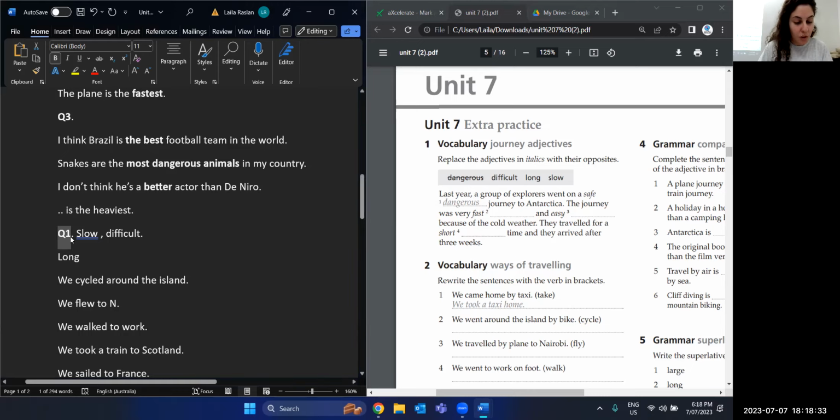Yeah, so we just want dangerous because we have to replace safe with the opposite, so dangerous. Yeah, so last year, a group of explorers went on a dangerous journey to Antarctica. The journey, yeah,